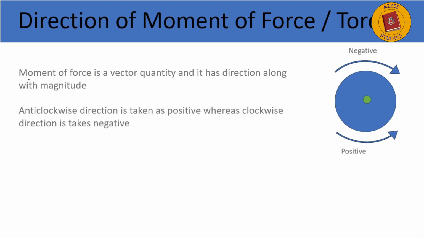It has to be kept in mind that moment of force is a vector quantity and it has direction along with magnitude. Likewise, we have already studied what a vector quantity is. A vector quantity is anything which has its magnitude and direction. For example, force is a vector quantity. So torque or moment of force is also a vector quantity, because